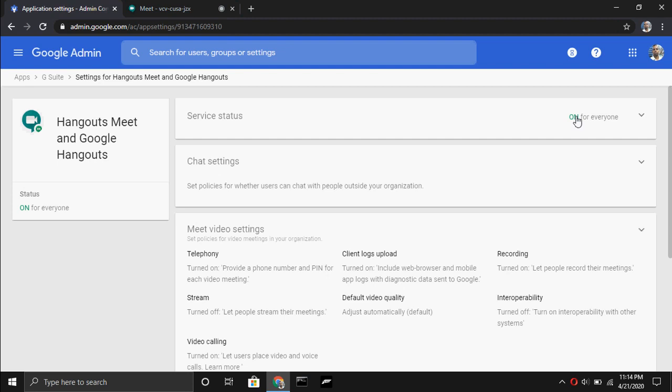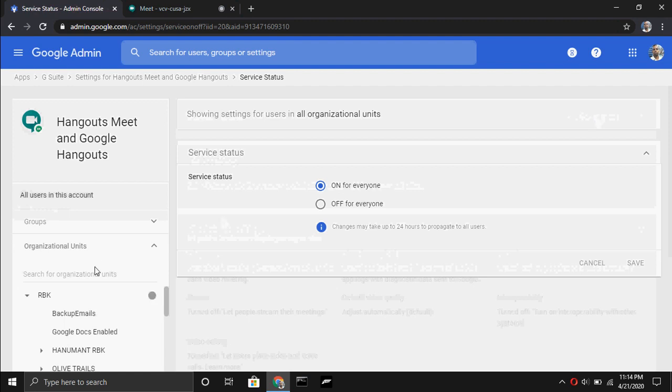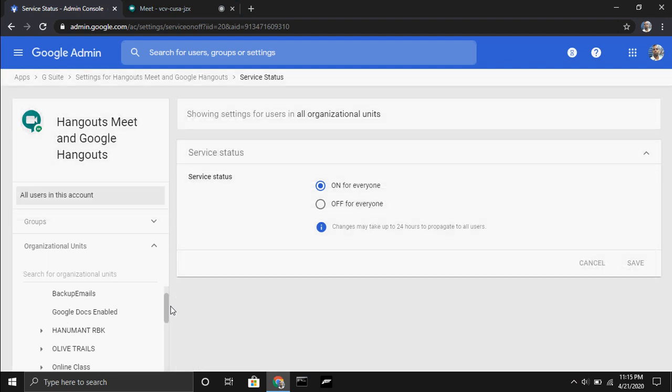We will discuss OU, organizational unit, and this functionality in detail in my next video. Then the OU concept will be clear, right? So if you want to turn this service off for everyone, click here. When you click here, the OUs will be shown on the left-hand side. You can see all my OUs here, right? All the OUs hold users, and policies will be applied to those OUs, and accordingly the policy will be reflected on the email IDs inside that OU.